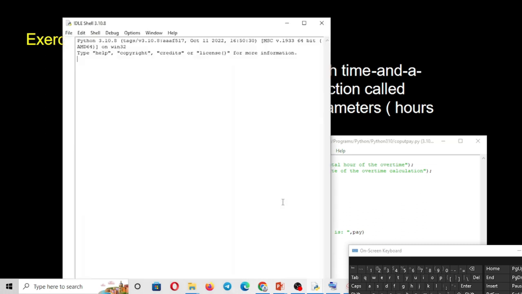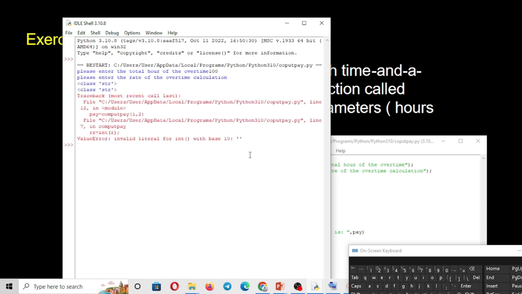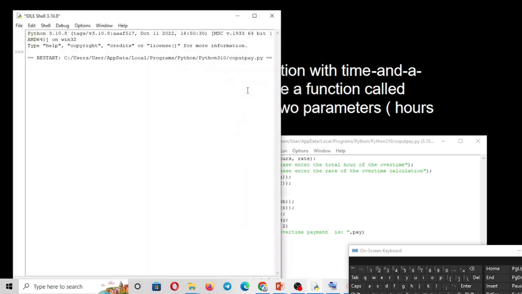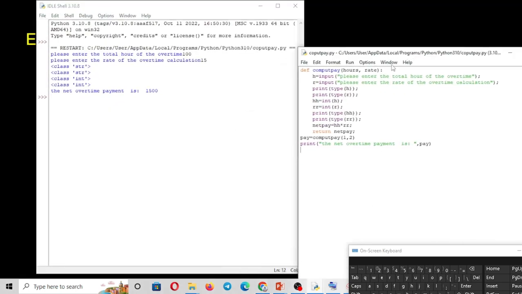Now it is correct. Okay, wait, please. 100 enter. Sorry, run it again. Total hour 100 and 15 for rate. And when we enter this one, you see the first two variables are string, the second two, after the type is casted to other data type, are integer, and the total net payment is